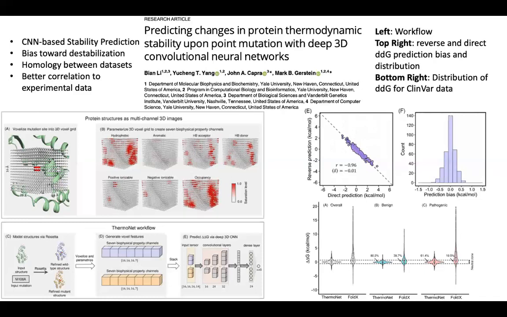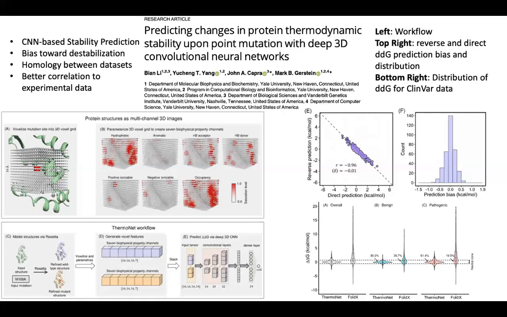In this case, benign mutations should fall within -0.5 to 0.5 kilocals per mole, and pathogenic mutations would be equally stabilizing and destabilizing. As a result of their examination between FoldX and ThermoNET, the name of their model, they